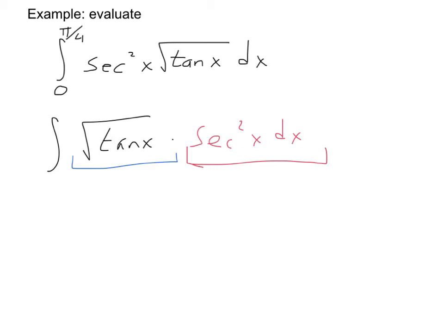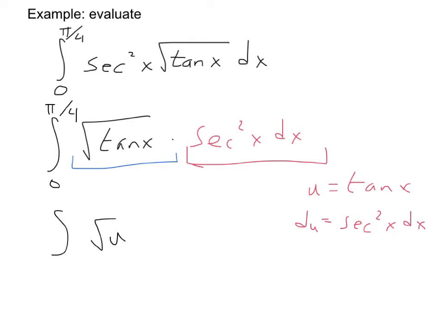Remember that the derivative of tangent is secant squared. So we're already perfectly set up. If I use my u as tangent x, my du will be secant squared x dx, and I'm ready to walk out of the problem, right? Keep in mind I do still have bounds here, 0 to pi over 4. So I now have the integral of the square root of u du,